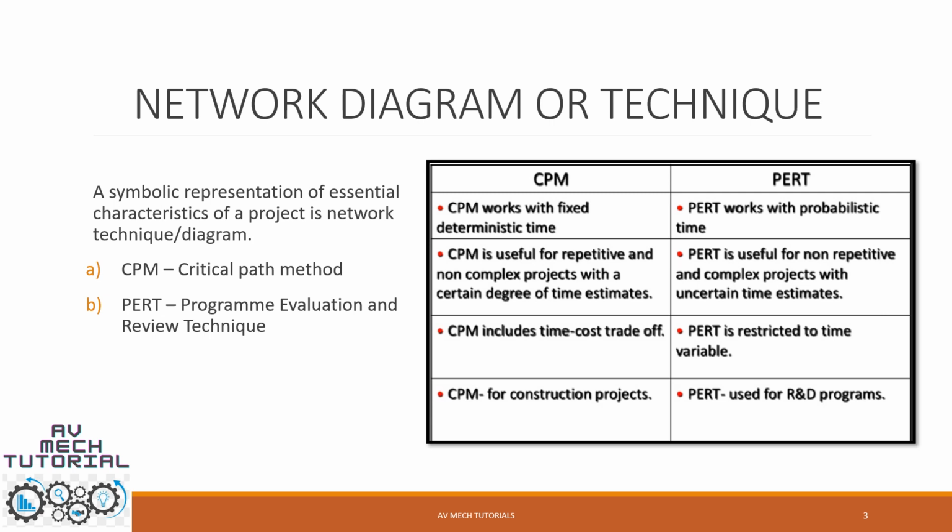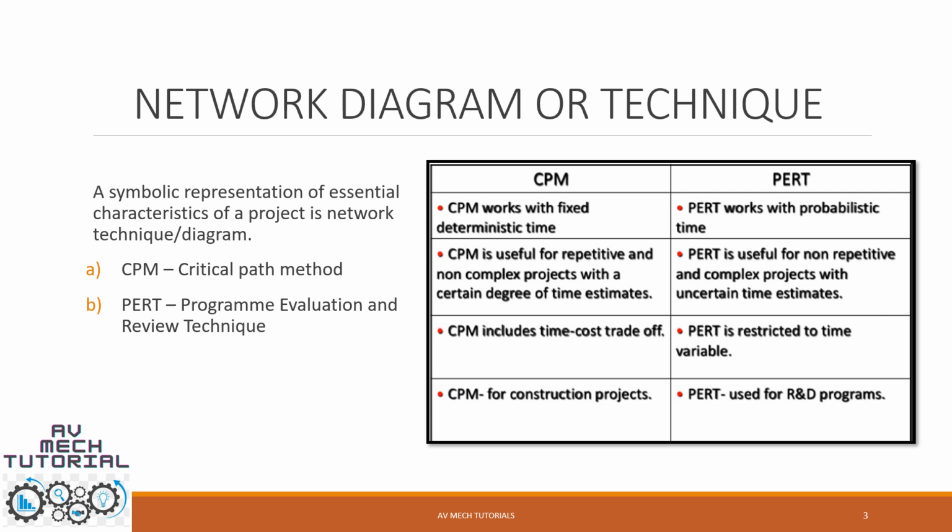It uses an activity-oriented network. We are going to see the difference between the activity and the event in a further slide. CPM is generally used for simple and repetitive types of projects for which the activity times and costs are certainly and precisely known. What could be examples of CPM? Construction of buildings, roads, bridges, or physical verification of stores can all be handled by CPM. It is more deterministic rather than probabilistic.